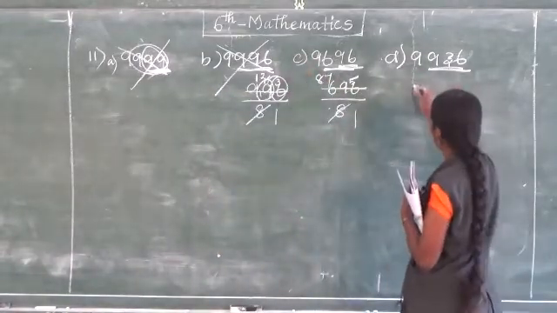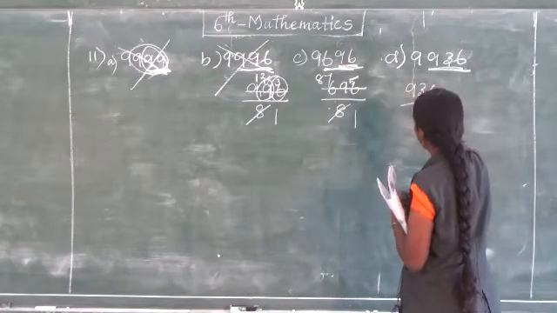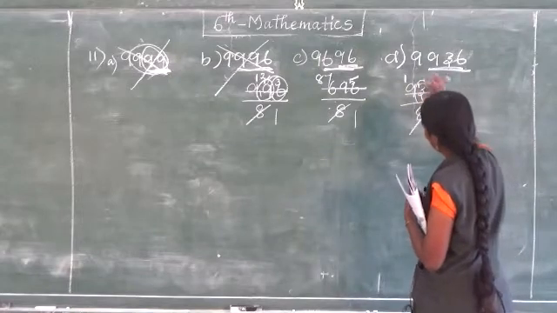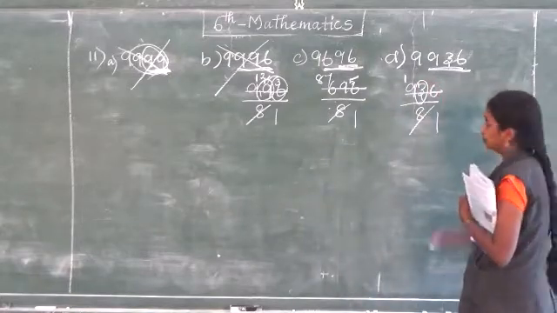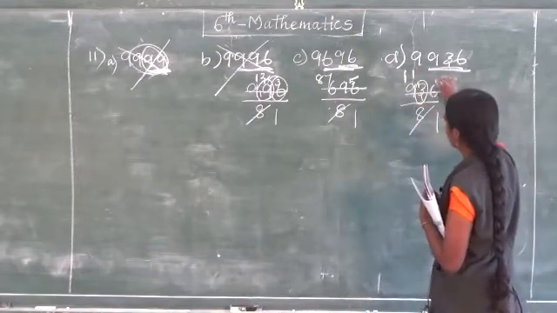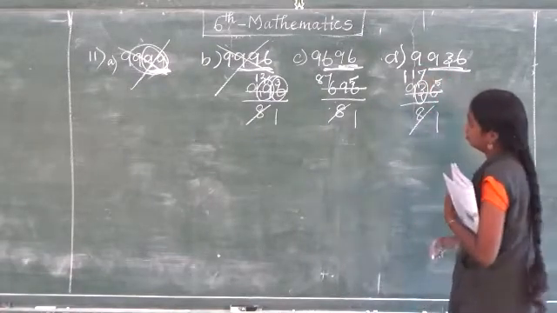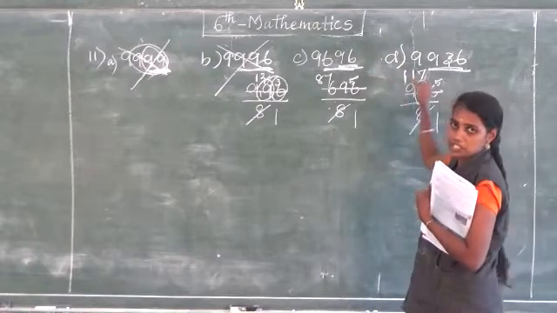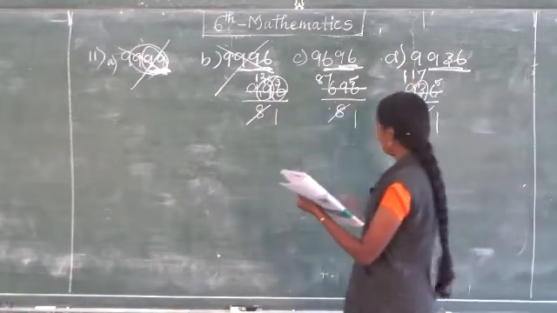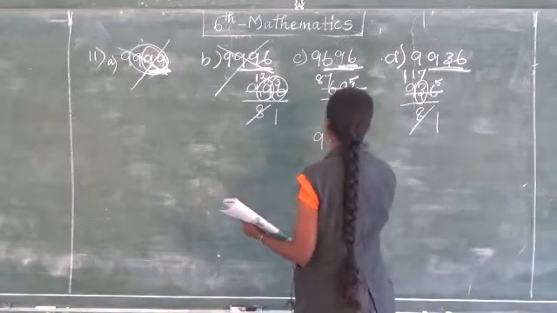We will check with further 936, 8 ones are 8, remainder 1, 13, how many times will come? 1 time only, remainder 5, 56, 7 times it will come. So these 2 are the possibilities. Okay, 8 table we divided, we can go for dividing with the 9 table, add the digits.